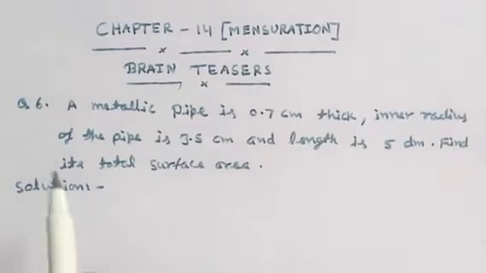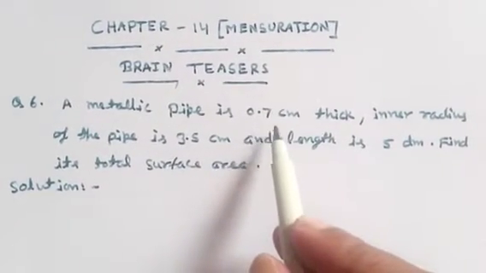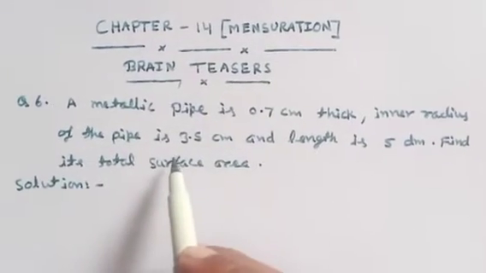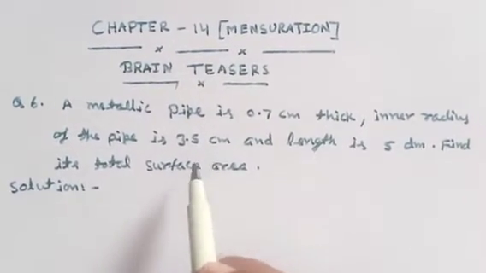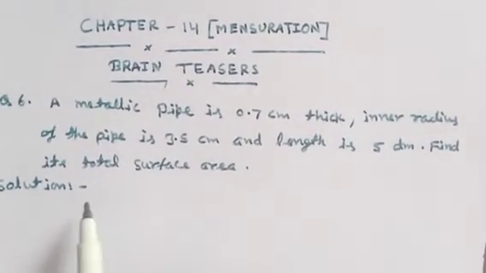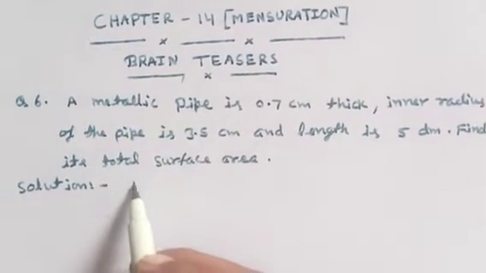Such as question 6. A metallic pipe is 0.7 centimeter thick. Inner radius of the pipe is 3.5 centimeter and length is 5 decimeter. Find the total surface area. Solution: we have